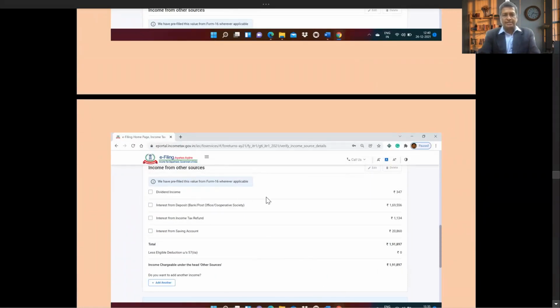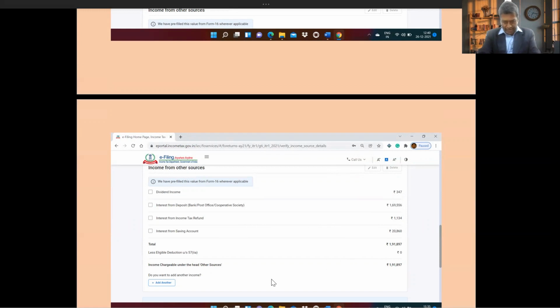These are the various incomes which I have under income from other sources. Dividend income, interest on fixed deposit. I might have received a refund from the income tax department on which I would have received some interest. All of them are taxable. I have to tabulate all the things and then arrive at the total number. And these numbers I have picked up from the data which I have given in the third or fourth slide.